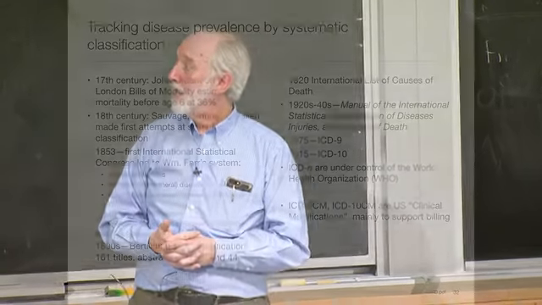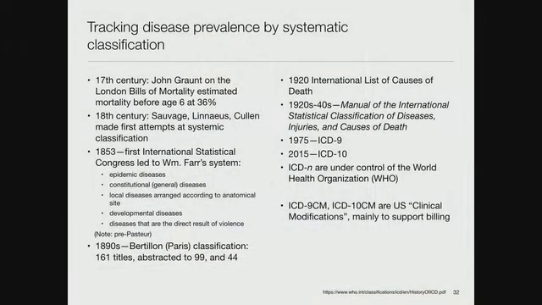It's kind of shocking. In the 18th century, people you've never heard of, and Linnaeus, who you probably have heard of because he was one of the early taxonomists for biological and animal species and so on, made the first attempts at systemic classification. In the mid-1800s, there was the First International Statistical Congress, and a gentleman named William Farr came up with an interesting categorization that said, well, if we're going to taxonomize diseases, we should separate epidemic diseases from constitutional diseases, from local diseases, where by local he means affecting a particular part of the body,